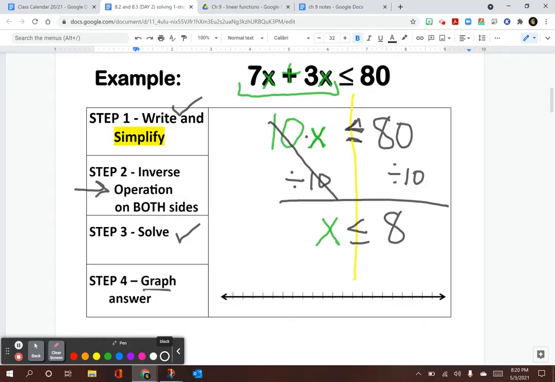Now that I have it solved, I'm ready to graph that solution set. So I'm going to start around 8 on my number line, just approximate. Because it could be equal to 8, I'm going to close it in to include 8 as part of the good answers. X could be 8. And I'm going to go left for less. Left, left, left, left, left. So I've got a closed circle on 8 heading left as my solutions. Any number that I run over would go in place of my x variable here or in the original unsimplified problem,